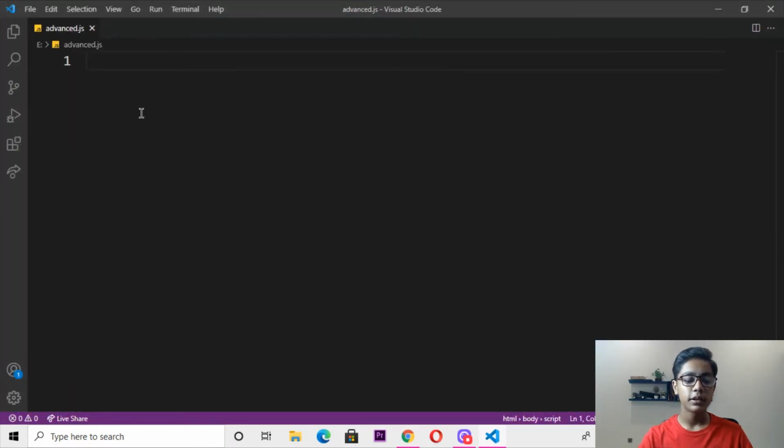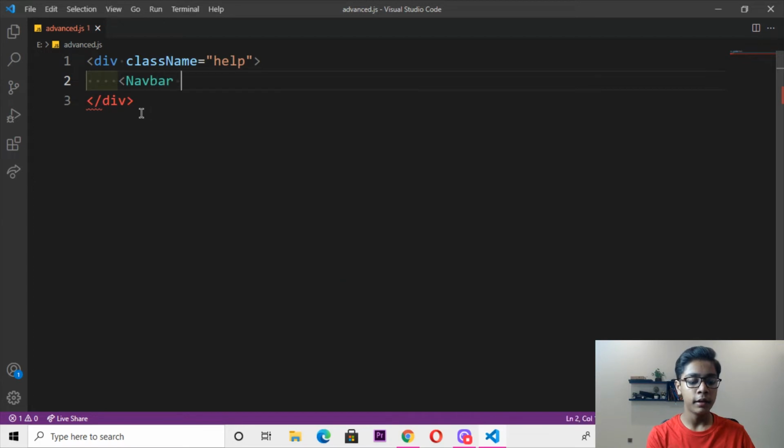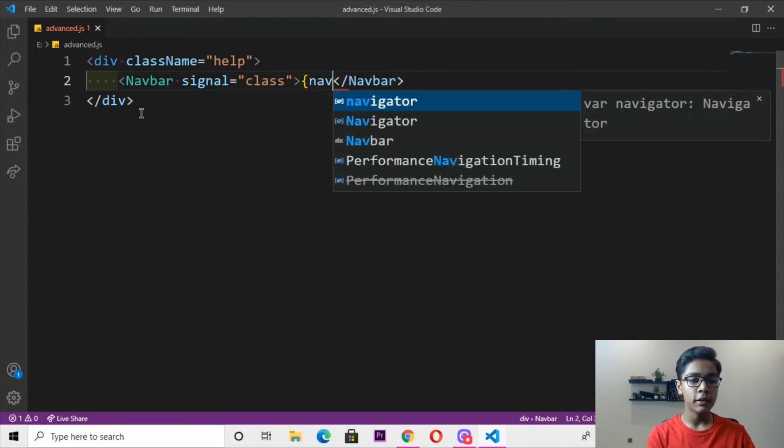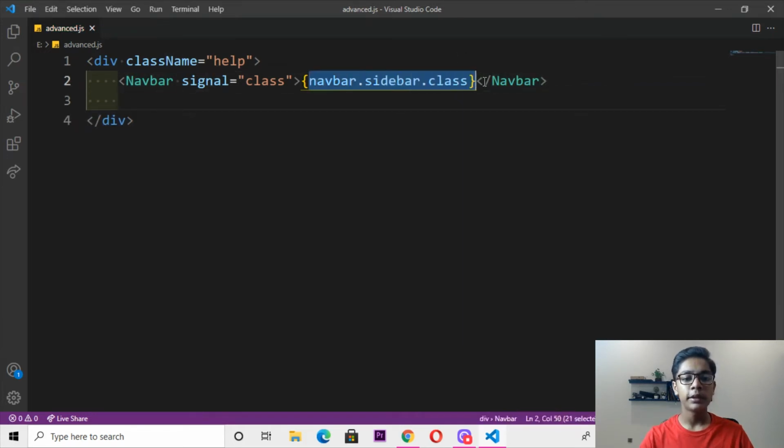Now I'll zoom in so I can see my code. Here I will be writing some code which you have to copy and also learn when you are making this project. So just write the class name like help. Close this, then move down. Here I will be making a tag like navbar signal equals to. Here you have to change that to class. Close this, and then write the three things again which you wrote at the starting, like we have done previously. These three things will be the same, and they are the main things. Then you just copy these things here.